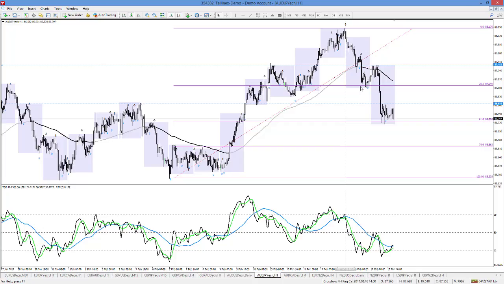Here we have the Aussie yen 1 hour chart. You can see here we had a head and shoulders, and here's some bearish divergence. Middle of the week we rolled over a really nice reversal pattern here, evening star, and then we've completed our A to B, B to C, C to D, and look left, coming into some previous noise and structure here,